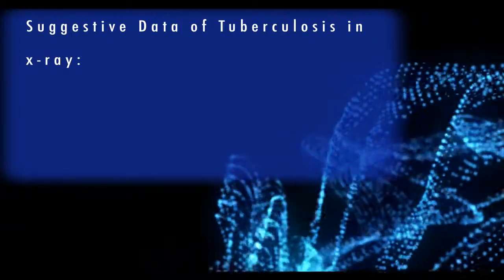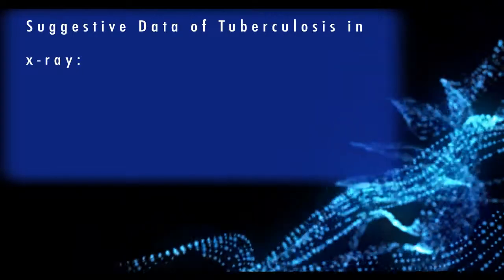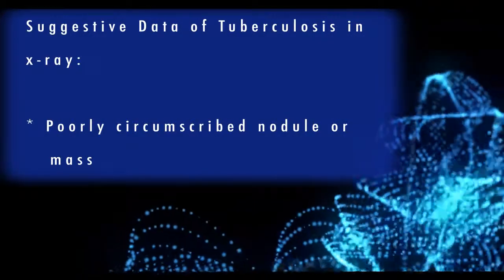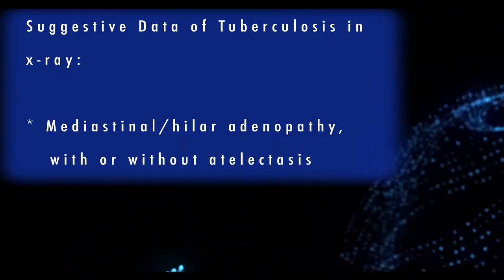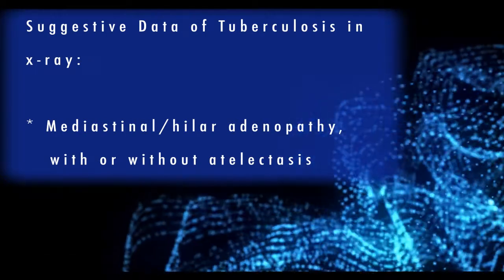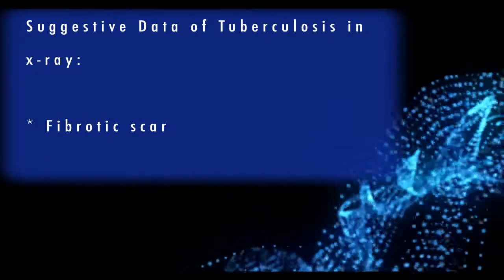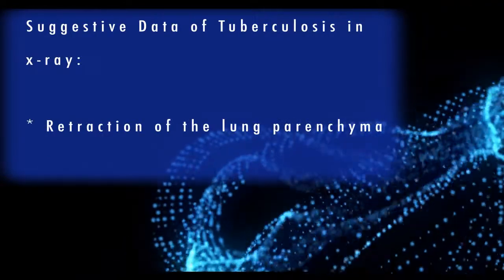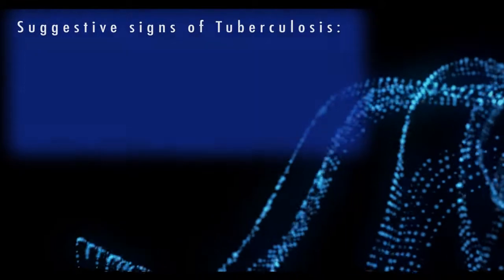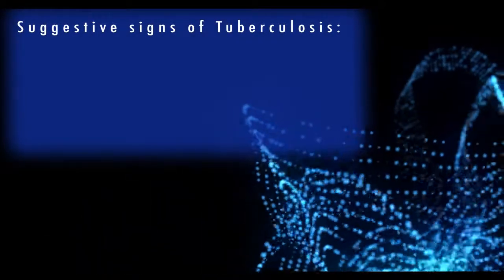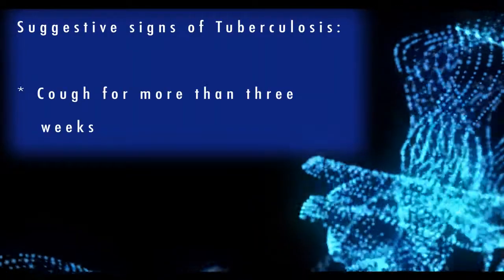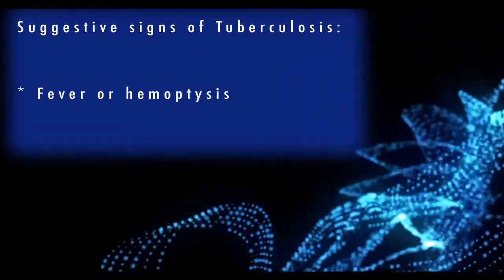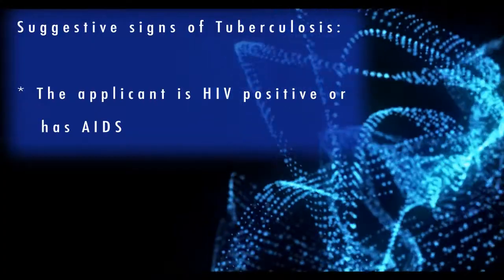If the chest X-ray shows suggestive data of tuberculosis, such as infiltrate or consolidation, cavitary lesion, poorly circumscribed nodule or mass, pleural abnormalities, mediastinal hilar adenopathy, with or without atelectasis, fibrotic scar, discrete nodules without calcification, retraction of the lung parenchyma, or bronchiectasis, or if the applicant shows signs or symptoms of tuberculosis, such as cough for more than 3 weeks, dyspnea, weight loss, fever, hemoptysis, or if the applicant is HIV positive or has AIDS,